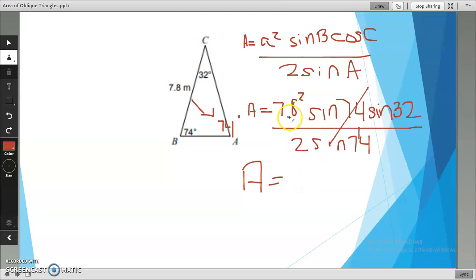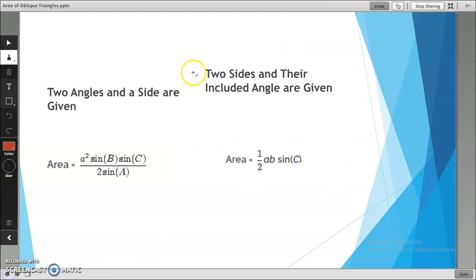So that's going to give me 8.2 squared times sine 32 divided by 2. And when I evaluate that in my calculator, guess what I get? 16.1, and I know this is meters squared. Similarly over